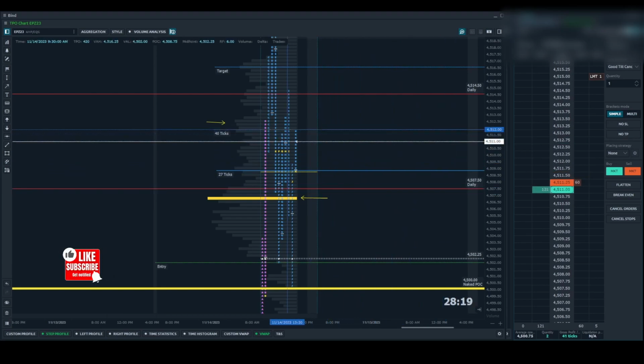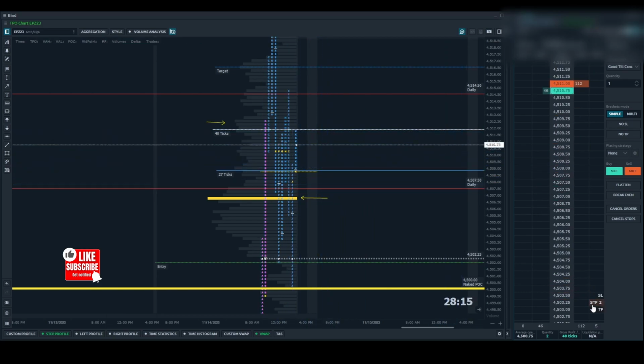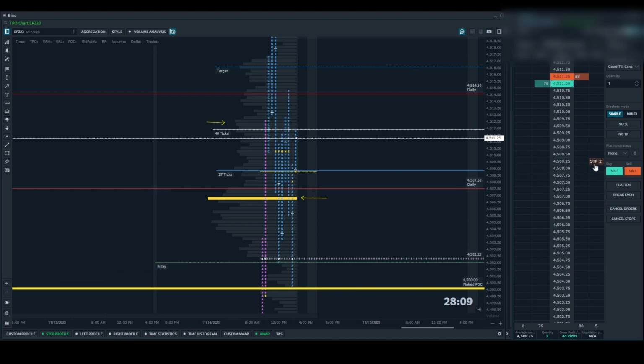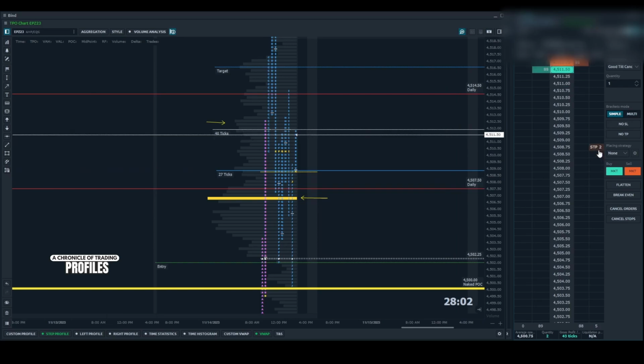If you're stuck on the range theory, then you would take them all here. But I think at this point you should bring this stop up. That secures your 27. What was this? 875. On the rest of them,